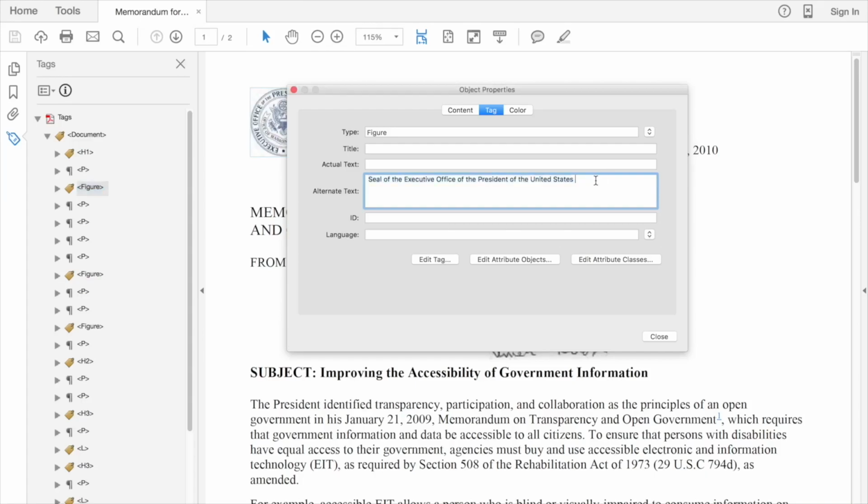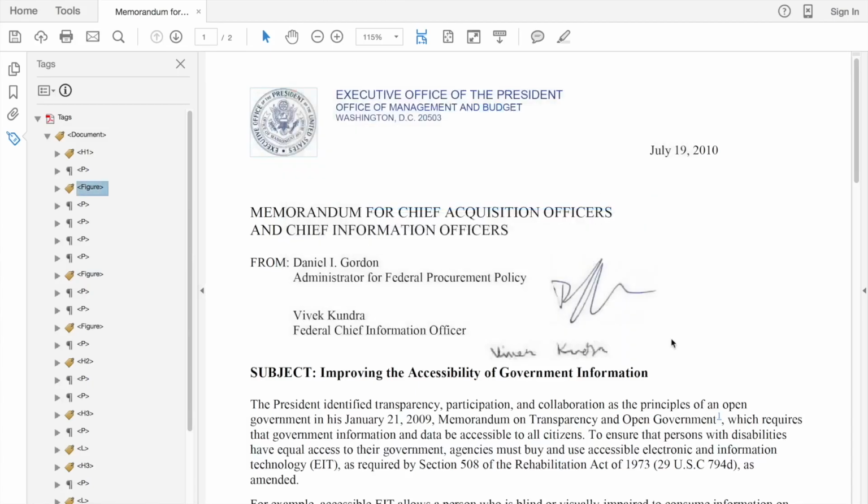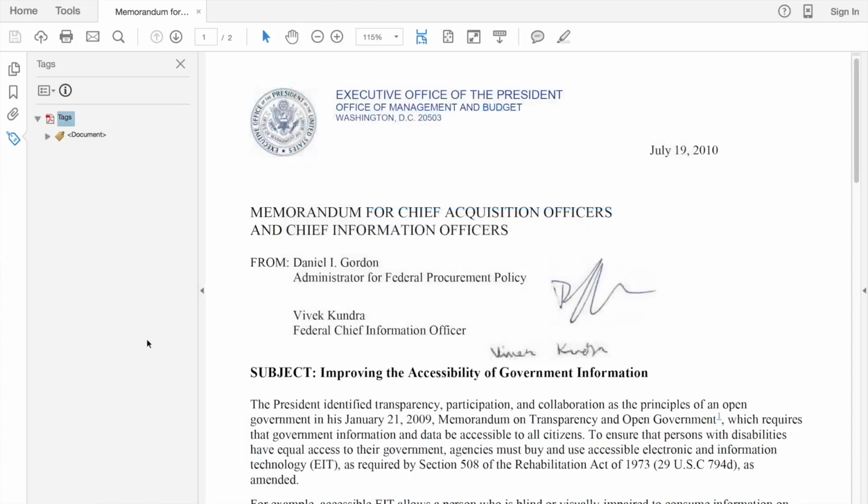So this time I'll add OMG, this is great, exclamation point, exclamation point, exclamation point 1. This time I'll tab out of the field. Let's click on the next figure tag and then click back on the seal figure tag. We can see that my new and improved alternate text is still there because I confirmed its change after moving focus away from that field. It's actually not that helpful, so I'm just going to delete this extra text. Let's save it now so everything is good to go.